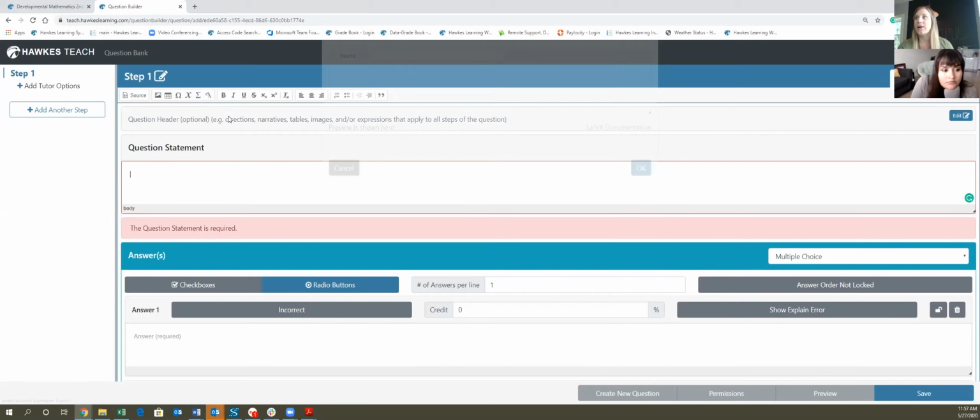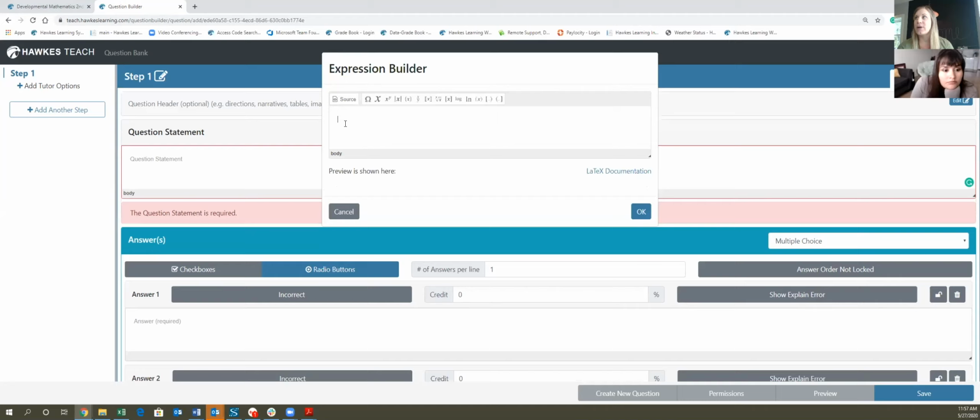Expression Builder here allows you to enter your expressions into the box so that it will display accurately within the student courseware. So as I enter my expression here, you can see the preview below to make sure it's displaying as it should. This one is very simple, but we do use LaTeX, which is a programming language you may be familiar with, but if you're not, we do have a wiki documentation link here that walks you through how to code any of that